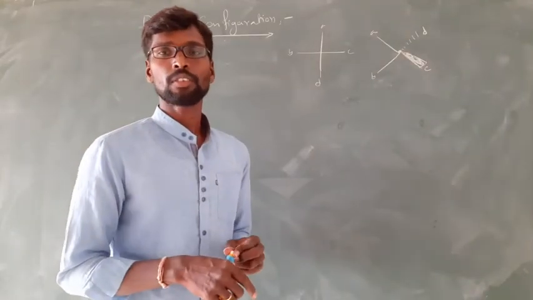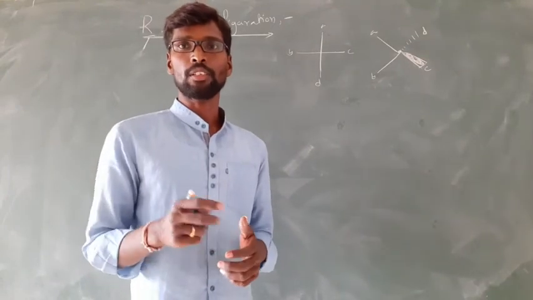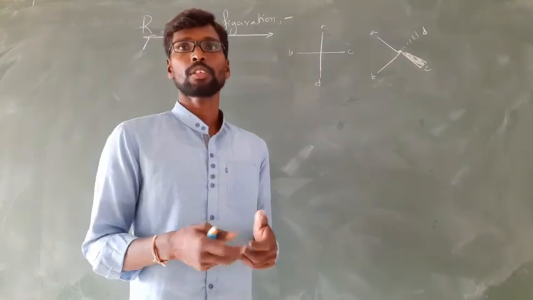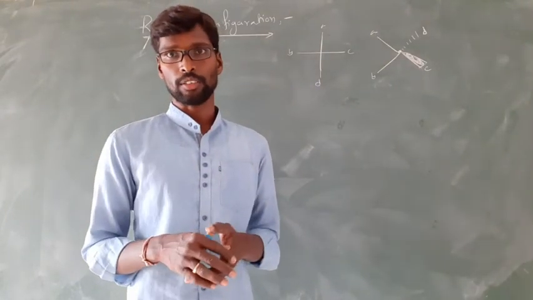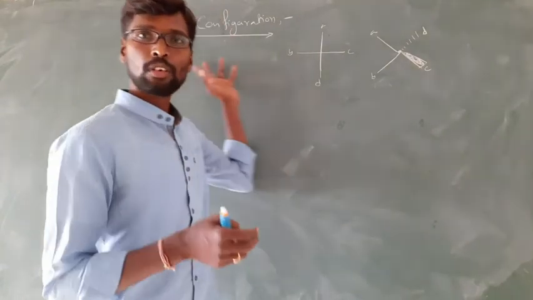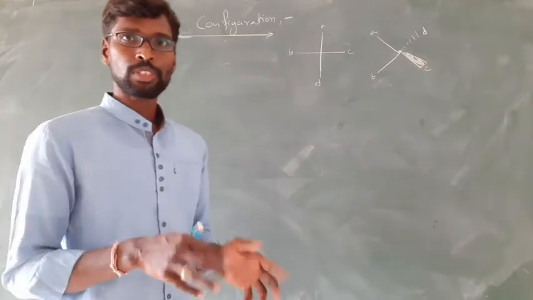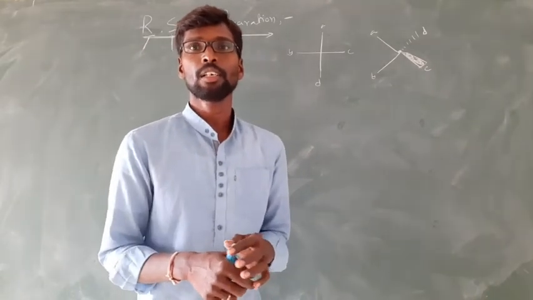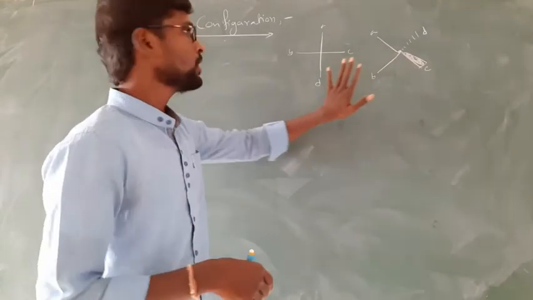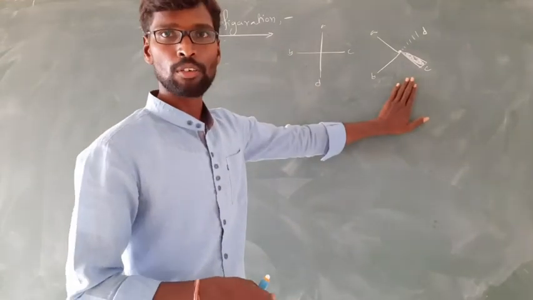In general, for organic molecules, we have different types of representations, like Fischer structures, Newman structures, Sawhorse structures, and again wedge structures. So the Fischer structures for RS configuration we have seen just now. Now we are discussing RS configuration for wedge molecules. This is a Fischer structure of a molecule, and this is a wedge structure of a molecule.